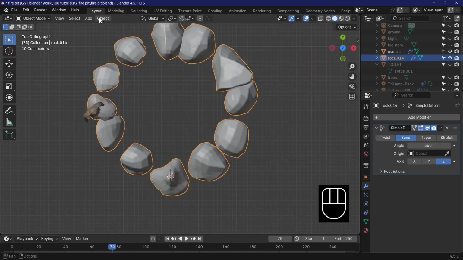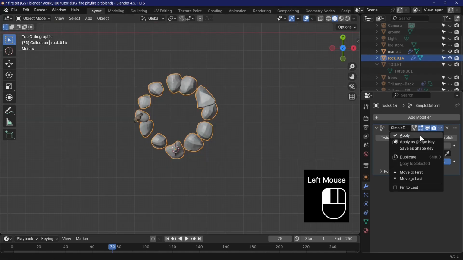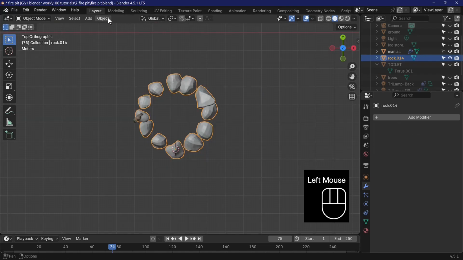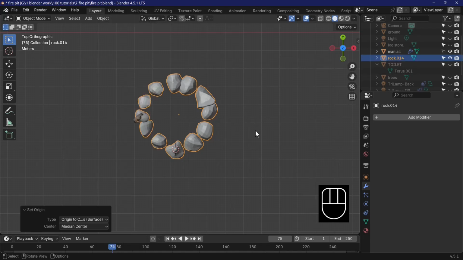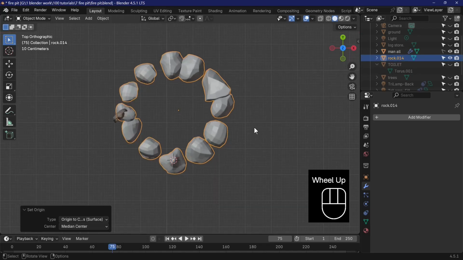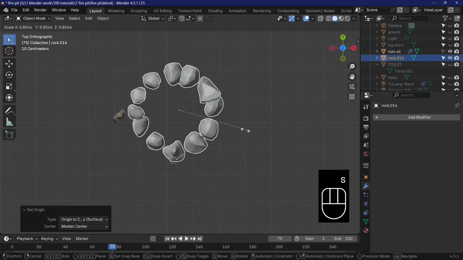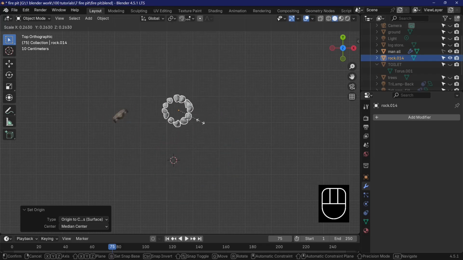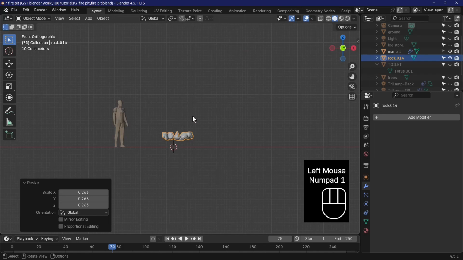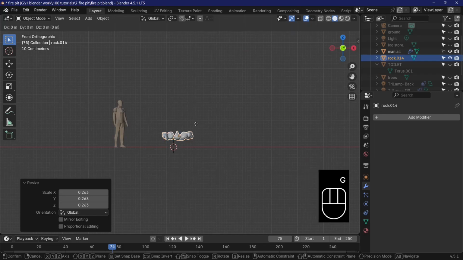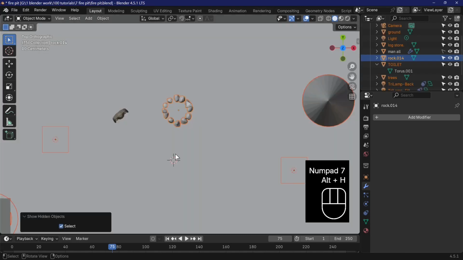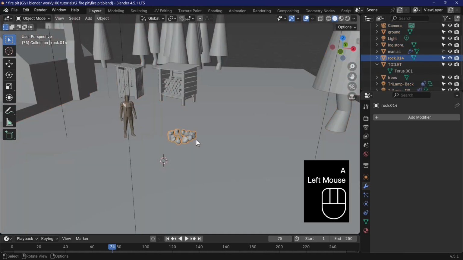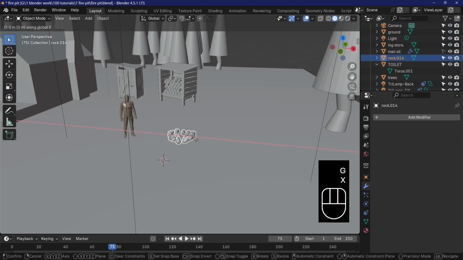There we have it, and now what we can do is apply this modifier, and then add set origin to the mass of our surface, which puts the actual point in the center, which means that if we now scale this up, we can adjust it to the correct size and move it into place so it actually intersects with our ground plane. Press Alt and H to make everything reappear, and we can just move our fire G and X and G